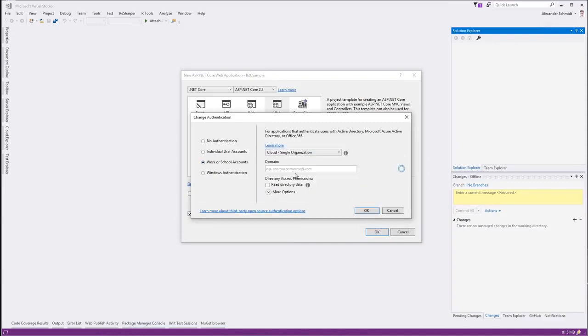Then we have work or school accounts. Work or school accounts, they could name it Azure Active Directory. Because, for instance, in my case, I would say, hey, my,